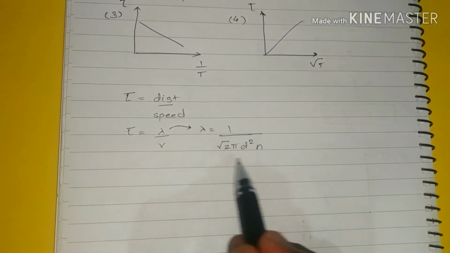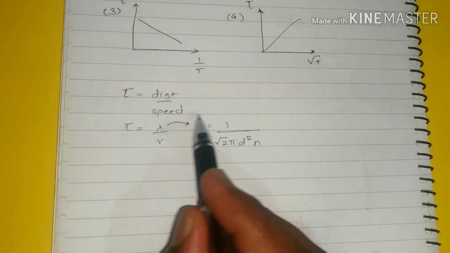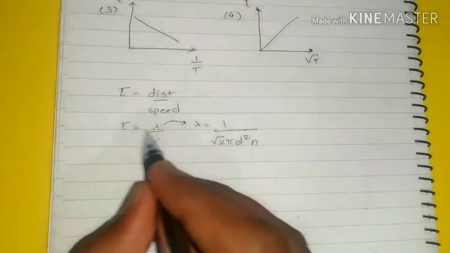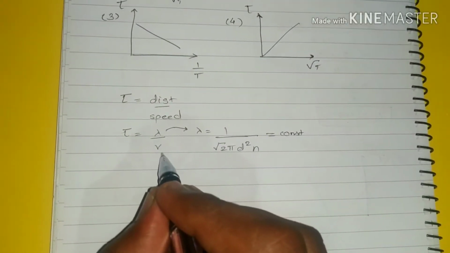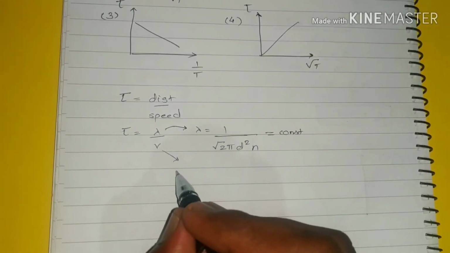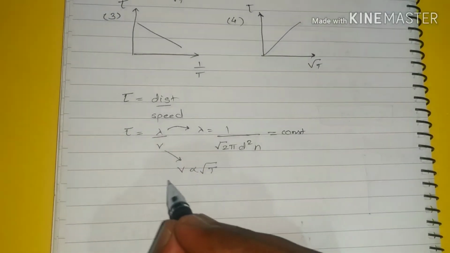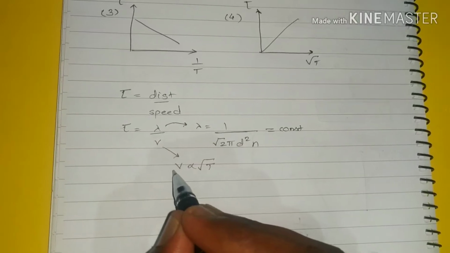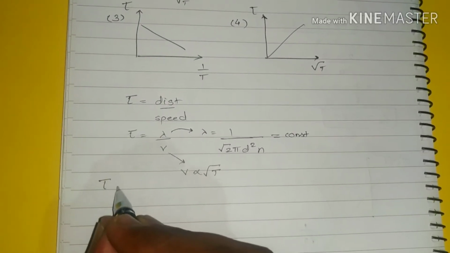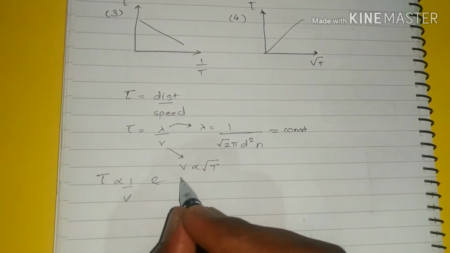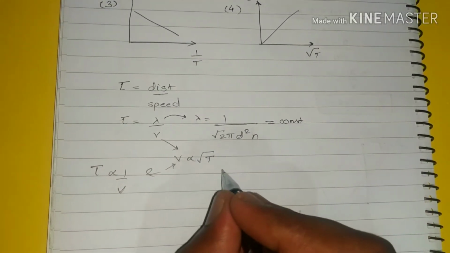Now all the terminologies here are constants and neither of them are connected to the temperature. That means the mean free path is not going to give you your answer. The whole mean free path is going to behave as constant. In this case, speaking about V, we are very well aware that V is directly proportional to root of temperature. This is already proved in kinetic theory of gas. Now when you substitute it over here, compare these two expressions. Since it is constant, I shall say that tau is inversely proportional to V, and V is directly proportional to root of T. Combining these two terms, I shall conclude that